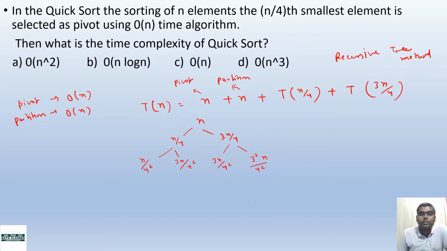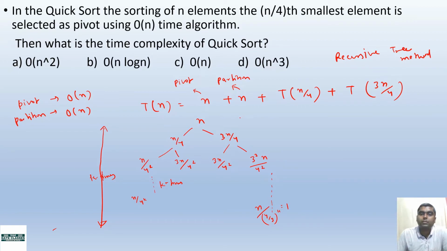So this way we can say that, let me solve for k times. So this is n by 4 raised to the power k, and this will go to some lower level. So n by 4 by 3 raised to the power k, which finally goes to 1. Okay, so this is what? This is k times.